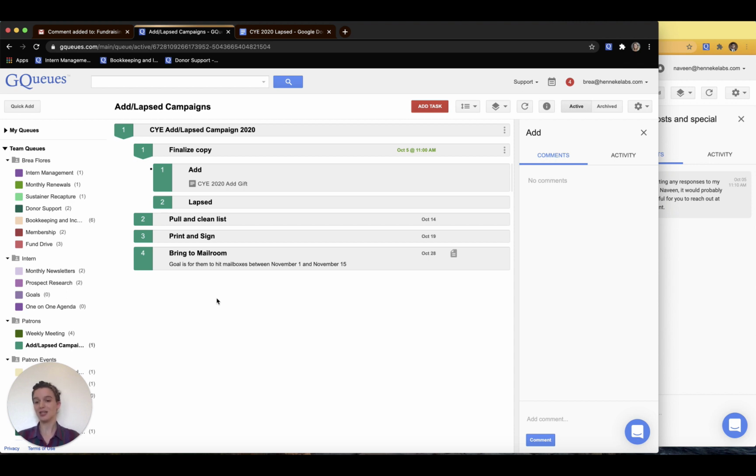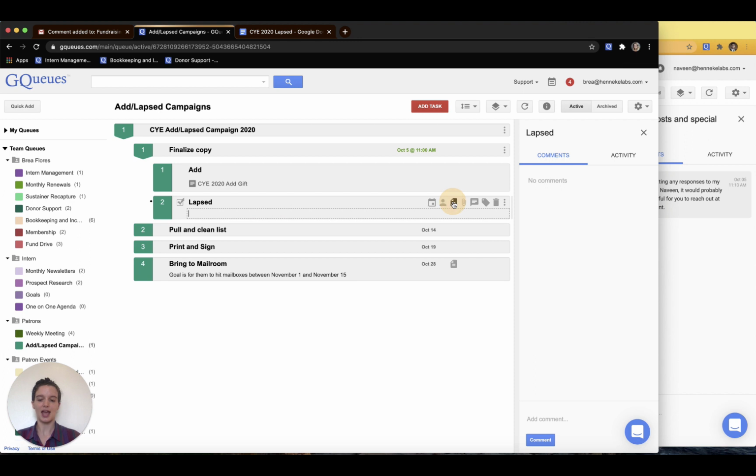If for any reason Bree doesn't want those permissions to line up, instead she can click on the file, just copy that path, and then add it to the notes. This will still create a link that people can click on. It'll bring them right to the file, but then she can control all the permissions from within the Google Drive settings. So if someone has view-only access for the task in GQueues and she wants them to be able to edit, this would be a great option for that, and of course vice versa.